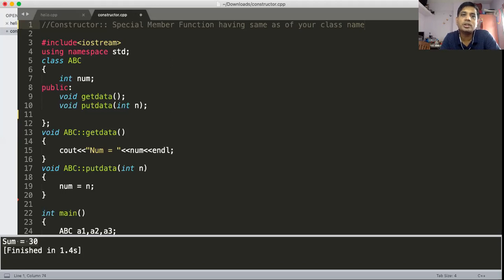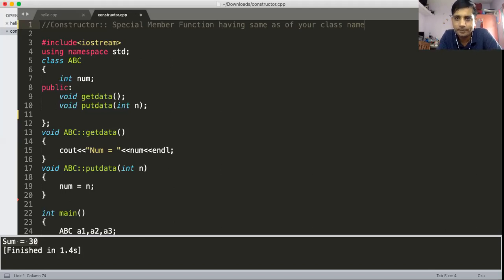So your constructor function has the same name as your class name. That is the first speciality. So if you want to write the constructor of your class, its name is the same as your class name. Here the class name is ABC, so your constructor name should be ABC.